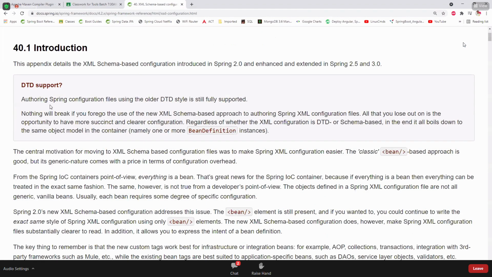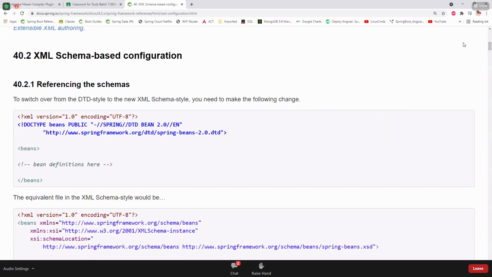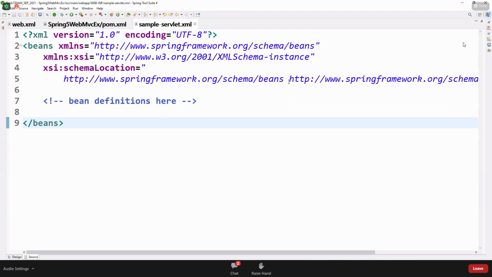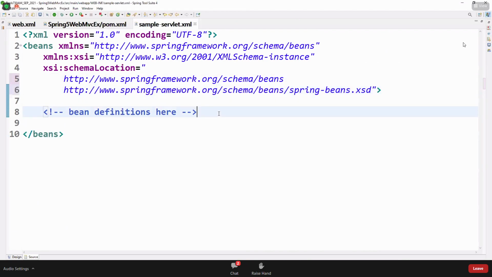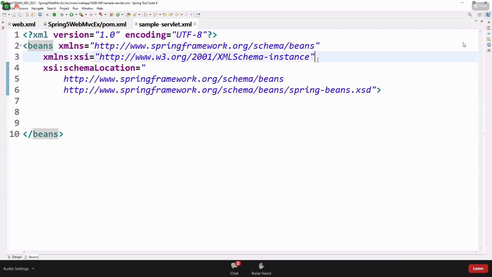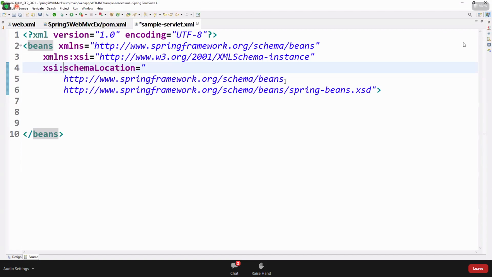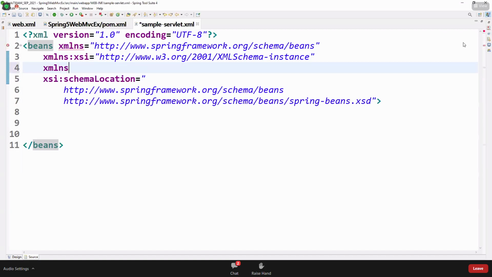Copy this content and paste it here. There we have to specify base package scanning. For that I'm using the context schema, xmlns:context.